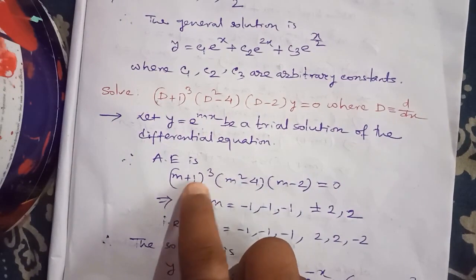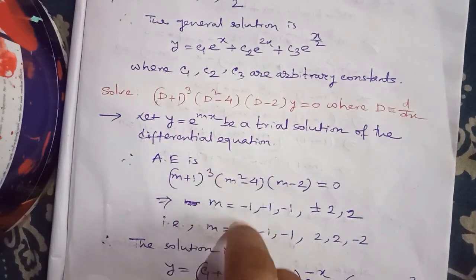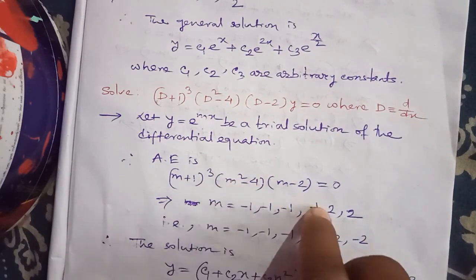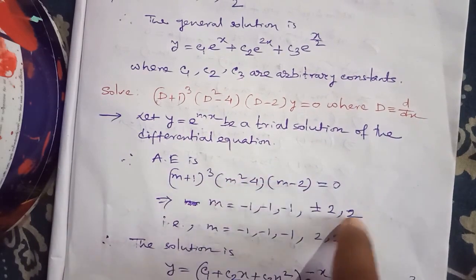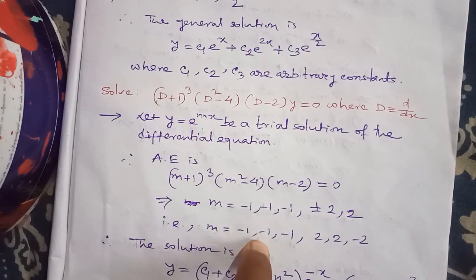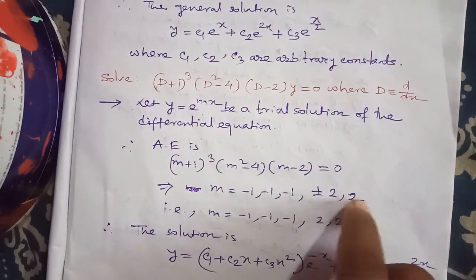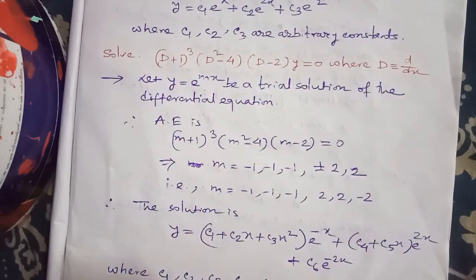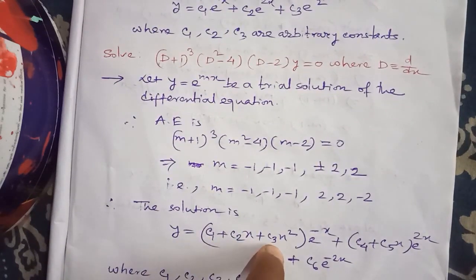So if this equation is solved, then from (m + 1)^3, three roots will come: −1, −1, −1. From m² − 4, plus or minus 2 will come, and from m − 2, m = 2 will come. That means −1 is repeated three times, 2 is repeated twice, and −2 is there once. So what did our solution become? y = (c1 + c2x + c3x²) e^(−x)